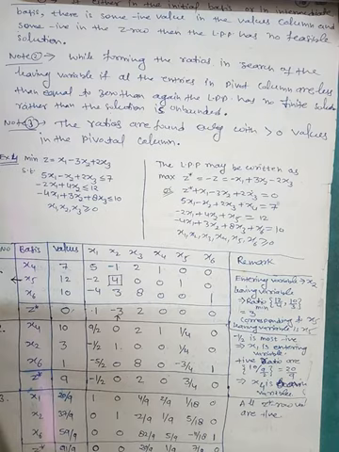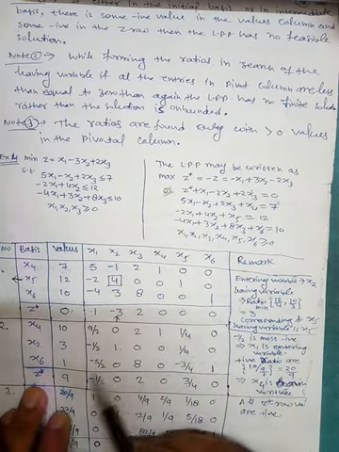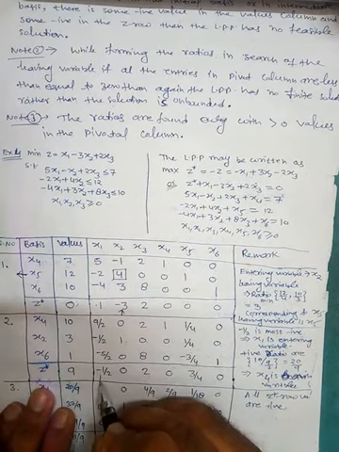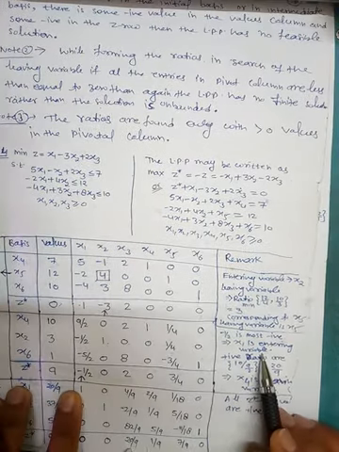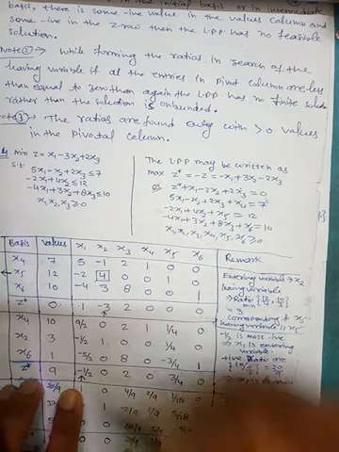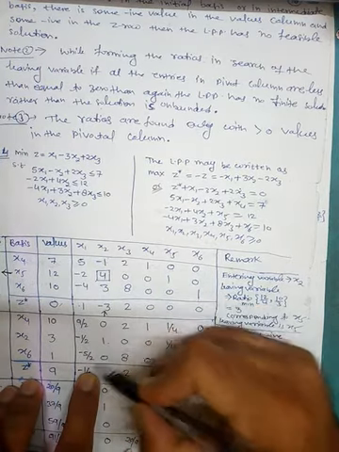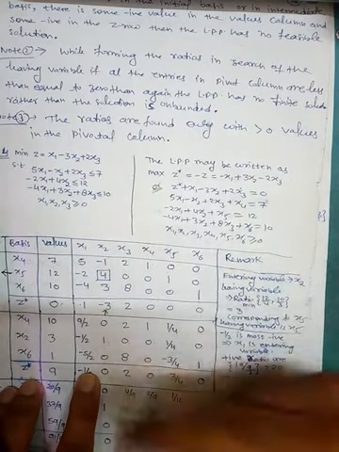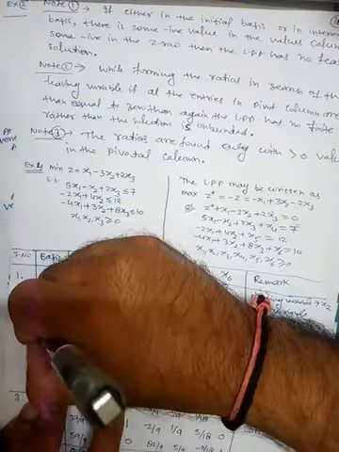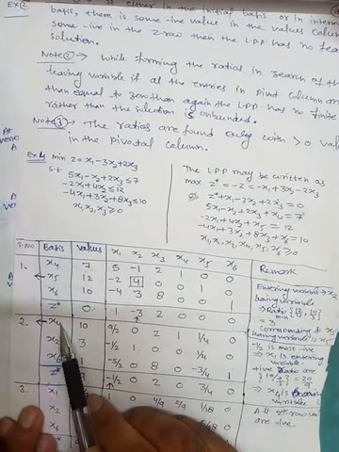Okay, now you can see here is the minus. In the z star row there is a negative value, hence we can say that x1 enters the basis. So x1 enters the basis. Okay, now in this column we have 3 values. Among these only one is the positive one. केवल एक ही है, only one. So there is no need to find out the minimum ratio and we can say that x4 will leave the basis. So x4 leaves the basis.